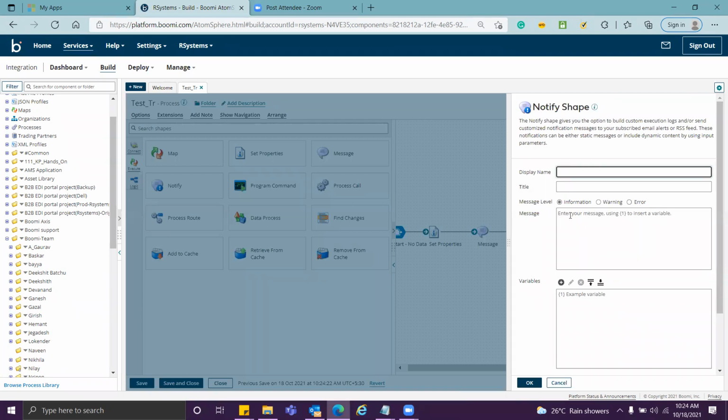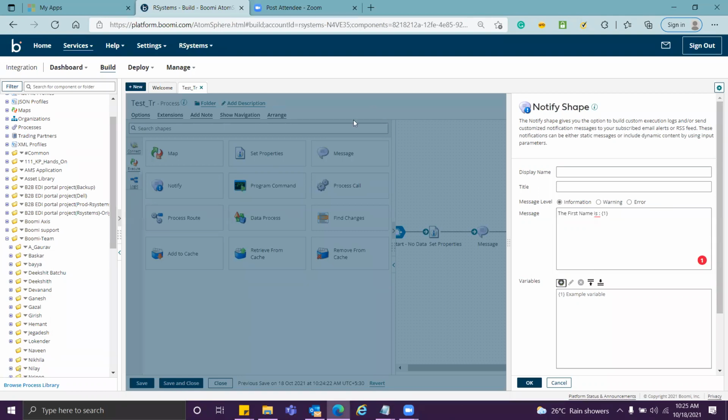All right, so now what it asks me here is message, what message you want to set. Okay, so suppose I want to set the first name is, okay, I give a colon, and I declare it as variable 1. Okay, so how the message will look like is the first name is, and after that my value. So now I have to declare that one variable. So I click on this plus sign,